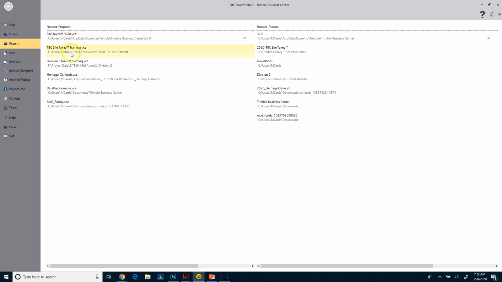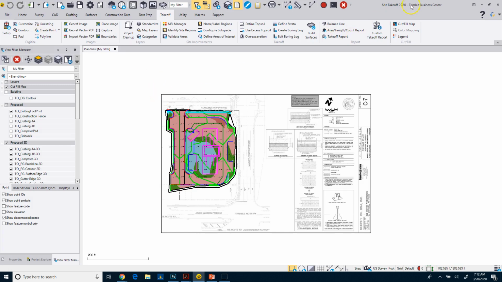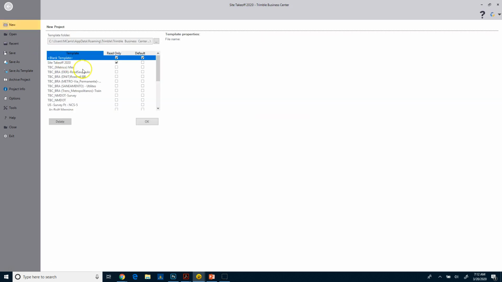Okay, so before, I probably should have mentioned, before you save this as a template, you want to make sure that you save your project, okay? But now we're in this VCT, okay? So when I did the save as, that's what I'm in. Now if I go to File, New, you're going to see that I can come down here and I have that Site Takeoff 2020. Okay. So if I start a new project with that,